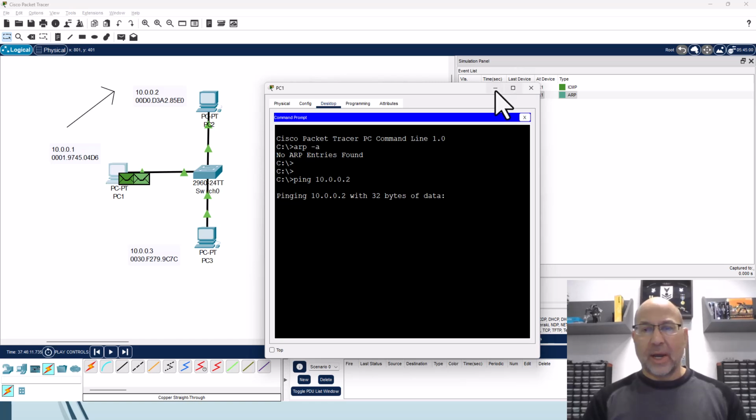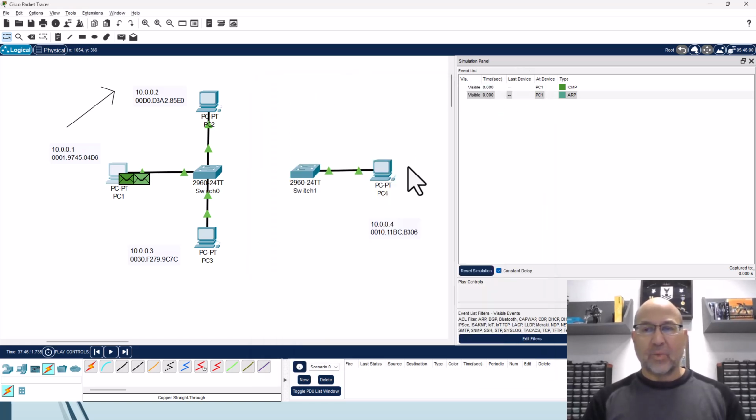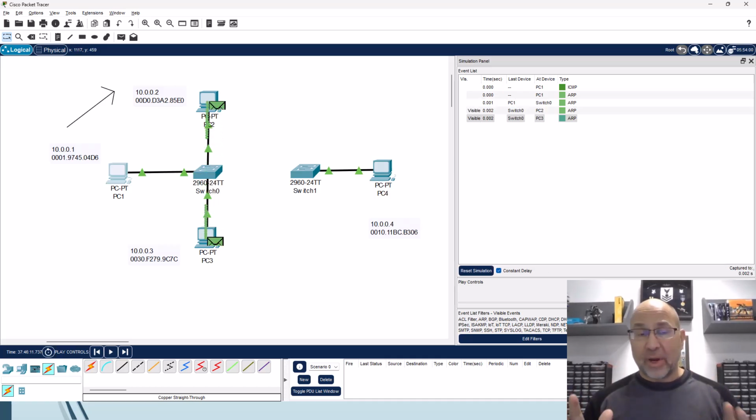All right, so I have sent that out, and we can see that we've got an ARP message queued up and an ICMP. The ping sends ICMP echo requests, and the ARP message is going to go out. There it goes, and it gets to switch 0. And now look at it. It went everywhere. It goes to all of the ports that are connected,